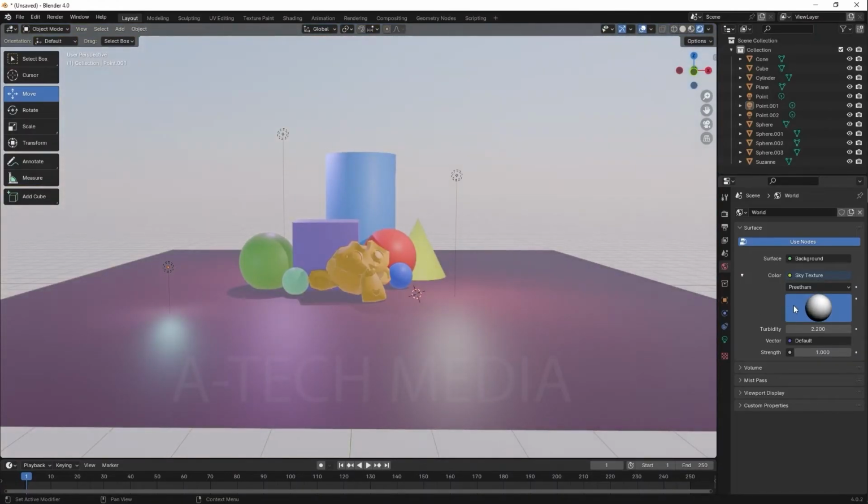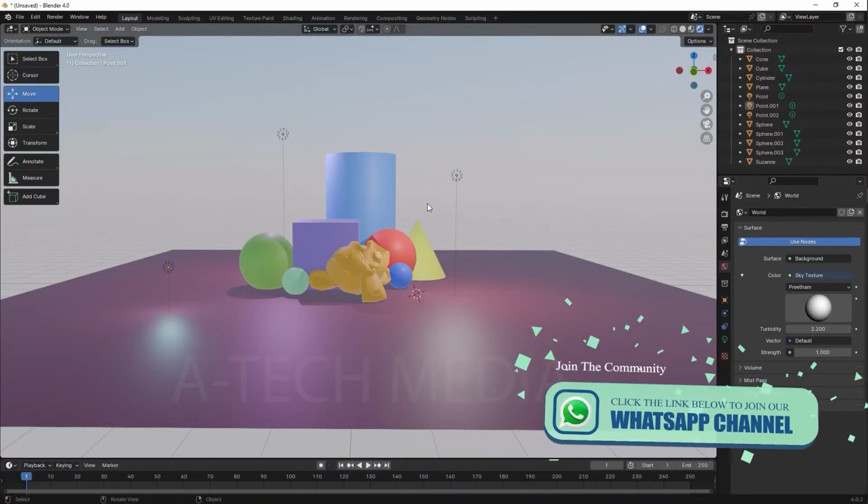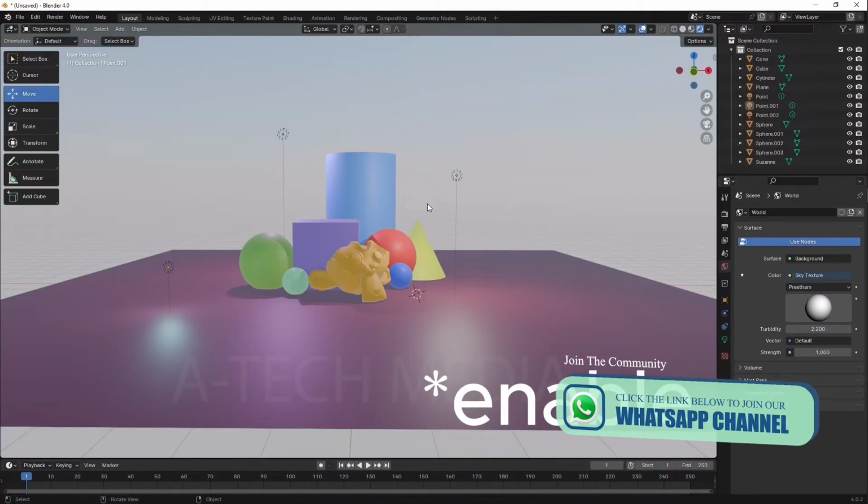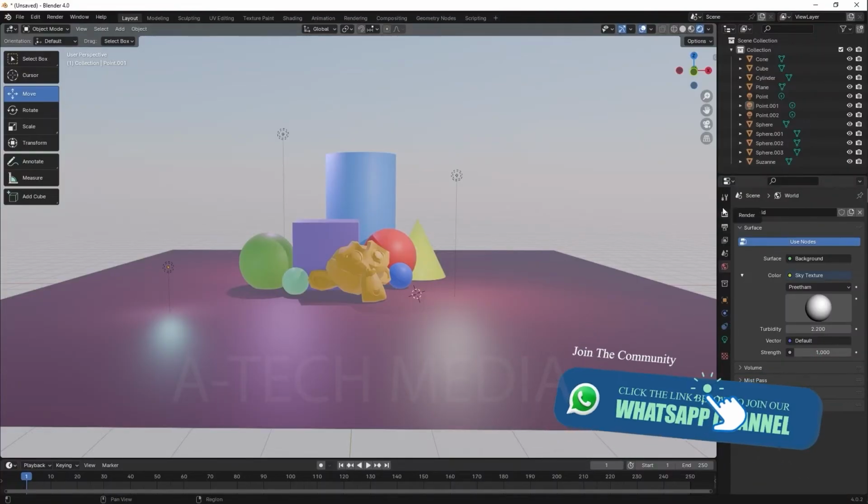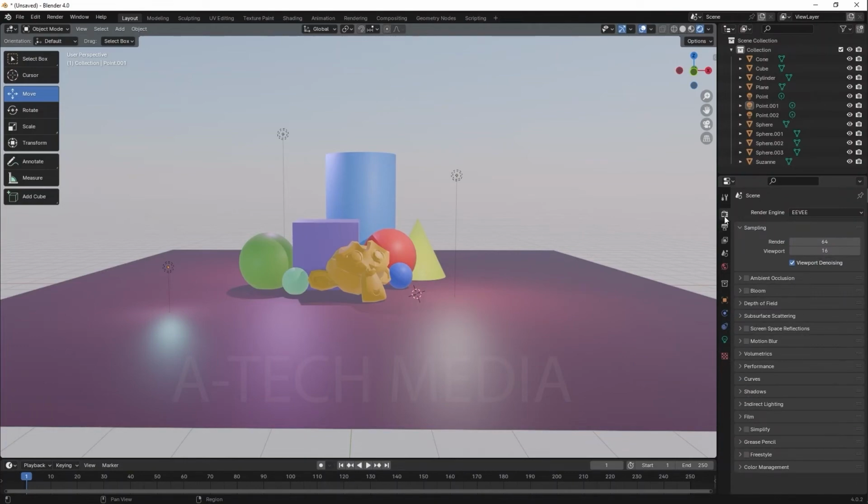So right now it doesn't. Let's move it a little bit. Let's just leave it by default. So right now it still doesn't look good. And this is because in order for our render to look good, there are a few settings that we need to enable. So if we come to our render settings over here, you'll notice that our render engine,